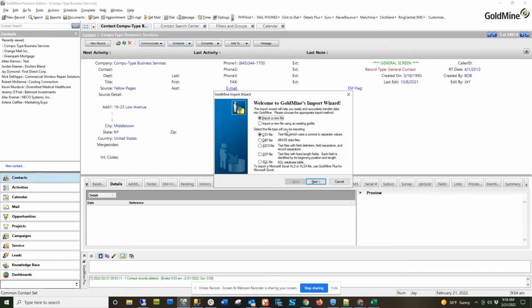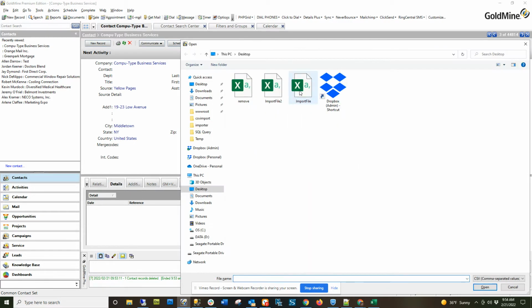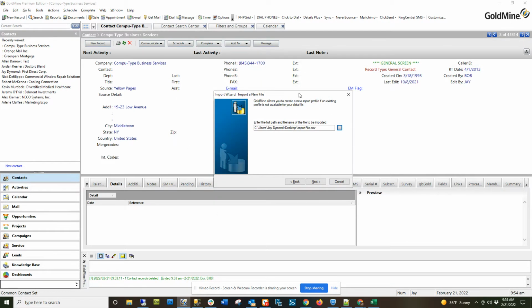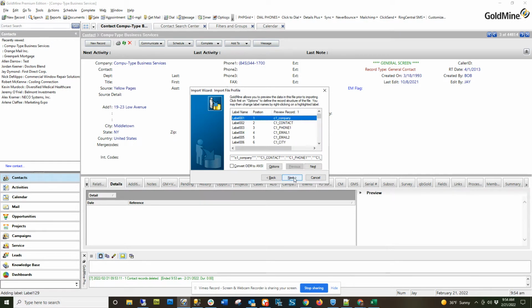So there's an import wizard in GoldMine that you can import from a CSV. Normally, you would have to choose your CSV file. And in this case, this CSV file that I'm importing is double quote delimited. And I'll show you that here in a second. So initially, you see when I hit that file, it finds it, and these are each one of the headers